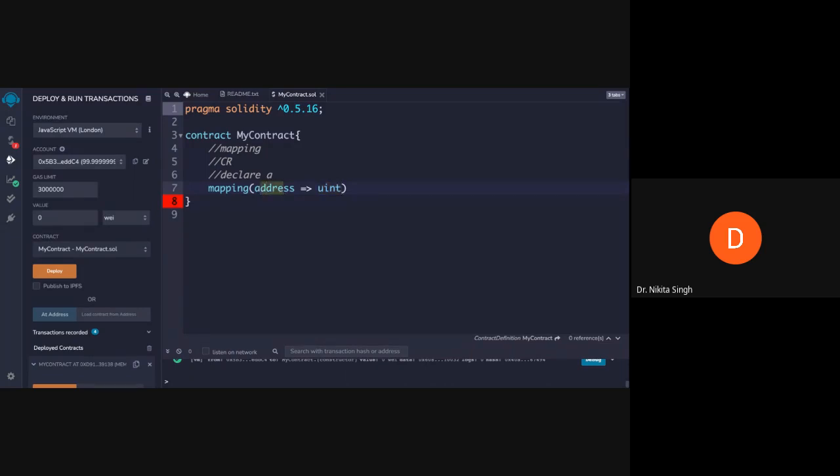I want my keys to be addresses, and then I have to use an arrow notation to specify the type of value. The type of value is unsigned integer because I want to map my Ethereum addresses to the balance that is being stored in those addresses. Then you need the name of the mapping. Say the name of the mapping is balances. You need the name to fully create the mapping.